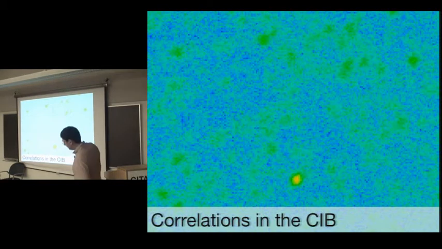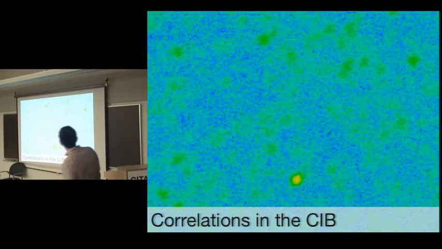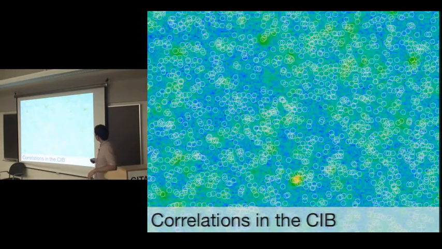This is a submillimeter map. The colors are a bit nicer on my screen. But what I've done is I've stretched the colors so that the green is these ridges of faint emission, and blue are the valleys in between this faint emission. And now I've taken a catalog from the optical and drawn a circle on each of the sources in that catalog. And I think it's not unfair to say that most of these sources are falling along these ridges of faint emission.